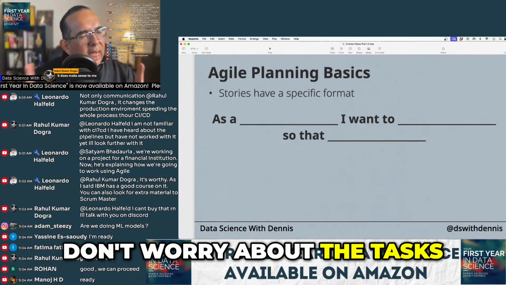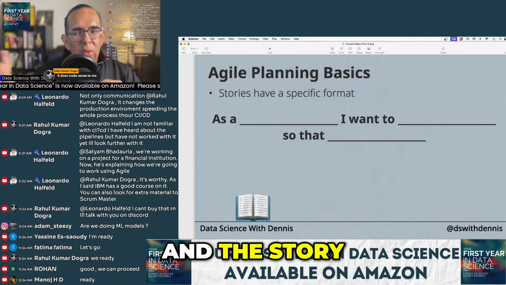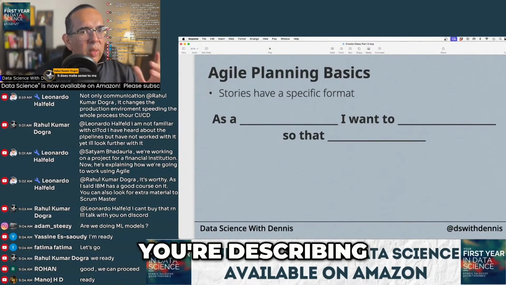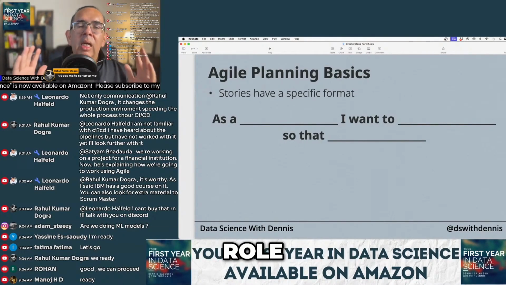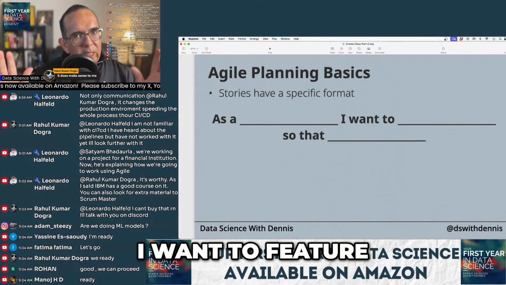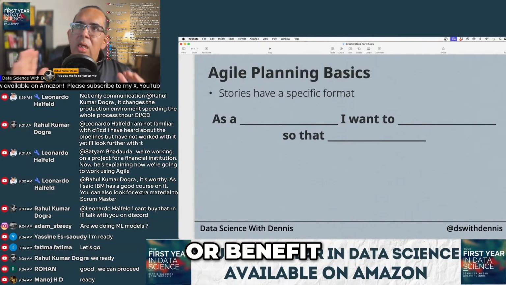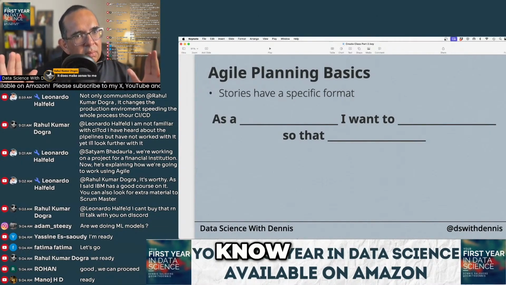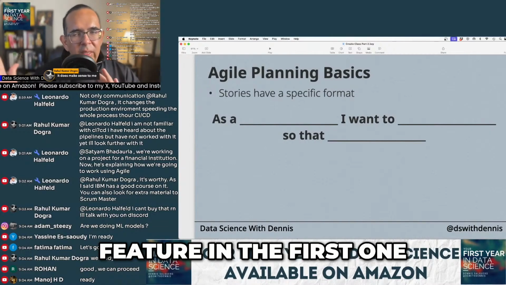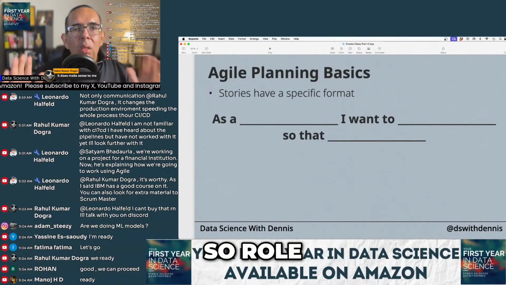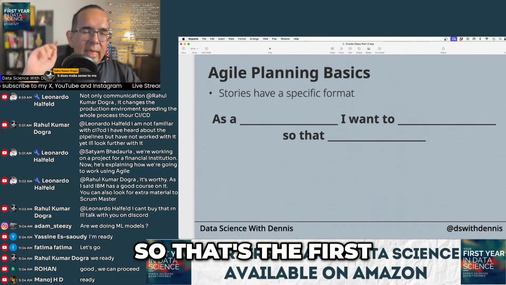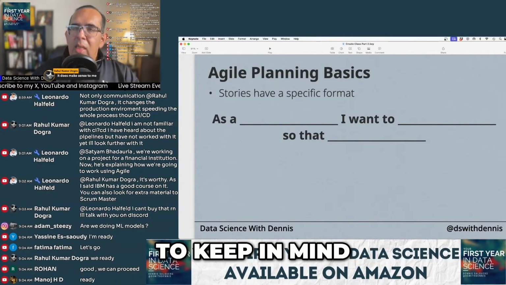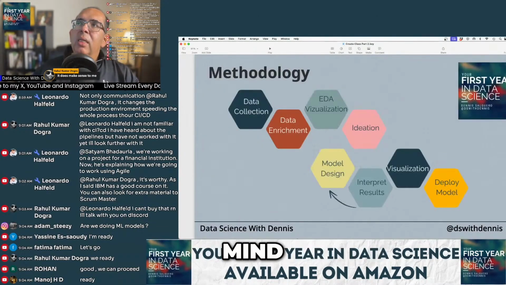Don't worry about the tasks. Worry about the format and the story. What is it that you're describing? As a role, I want a feature, so that benefit. So role, feature, benefit. That's the first thing I want you to keep in mind. The second thing I want you to keep in mind is this.